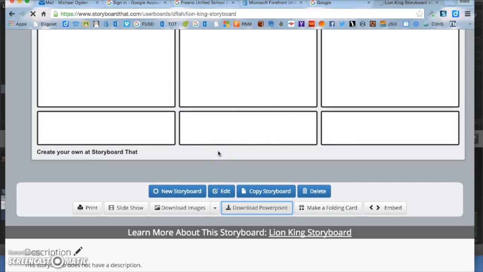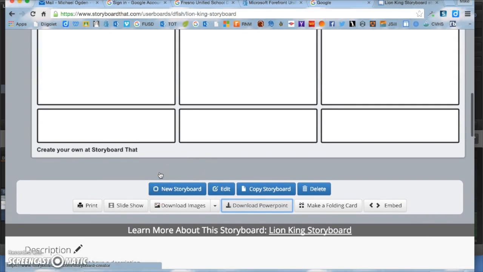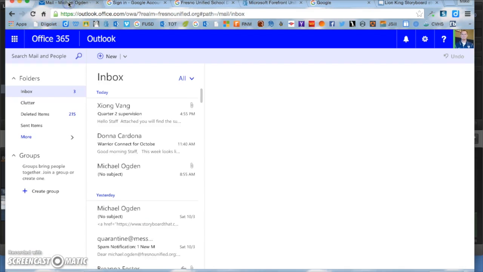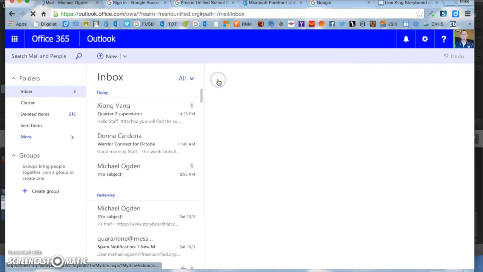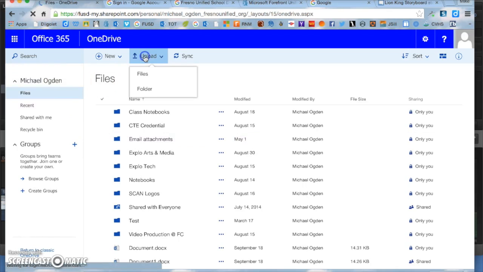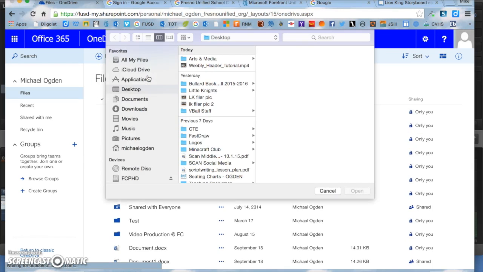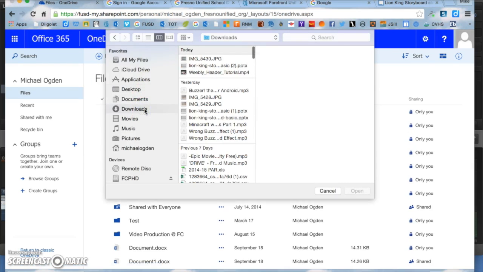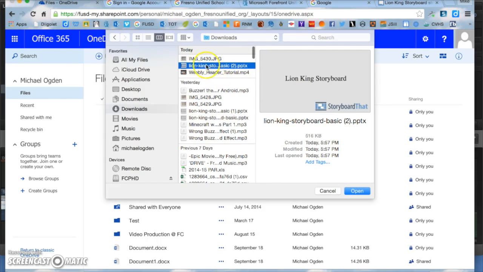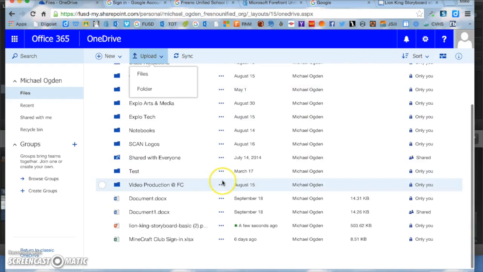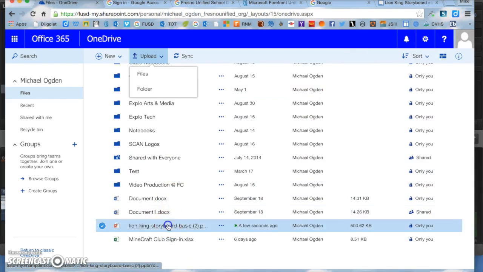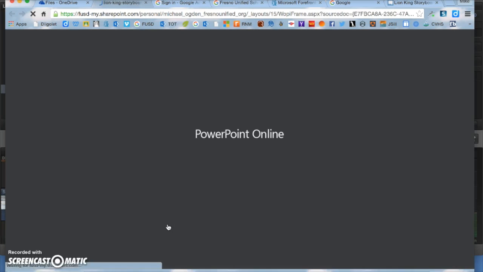your computer. So once it's downloaded to the computer, now we're going to go to your OneDrive account and upload that PowerPoint. So click on OneDrive and then click upload files and go to your downloads, and you'll notice here I just downloaded it, so it's right here at the top. Yours will be at the top as well. Once you click on downloads, you're going to click open, and you notice that it's uploading right here. Once it's done, it shows up down here, so you can go ahead and then open your storyboard in OneDrive,